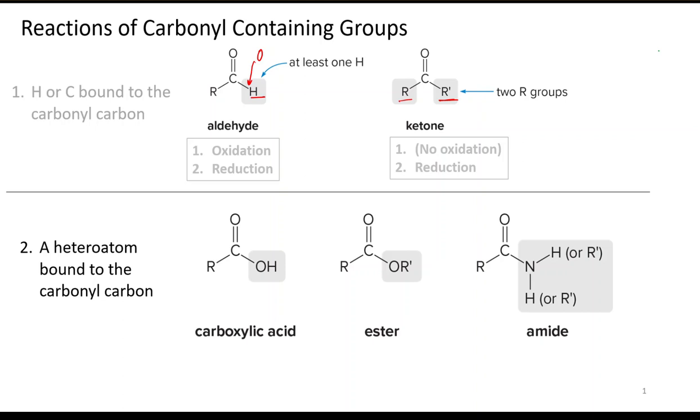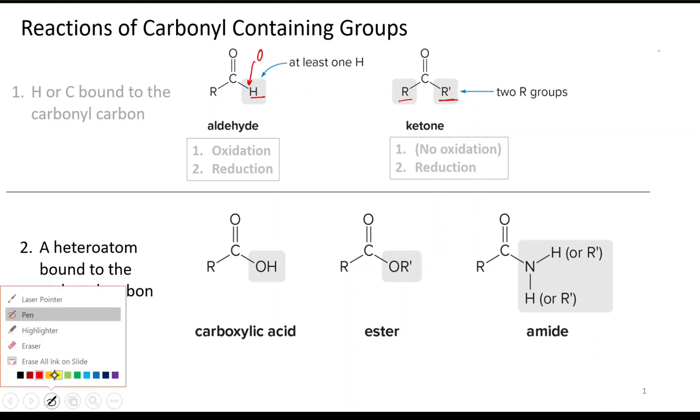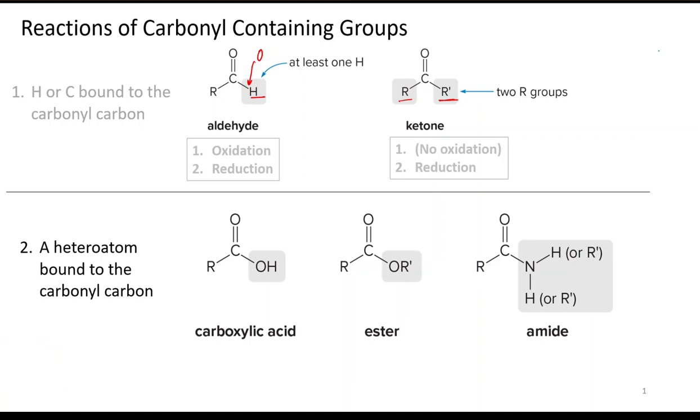And then we looked at the reduction of both the aldehyde and the ketone, where we just broke this carbon-oxygen double bond here, and then added hydrogens across that double bond. So we added a hydrogen to this oxygen, a hydrogen to that carbon, and this essentially formed alcohols. Okay. So we learned how to reduce aldehydes and ketones to alcohols, and then we also learned how to oxidize